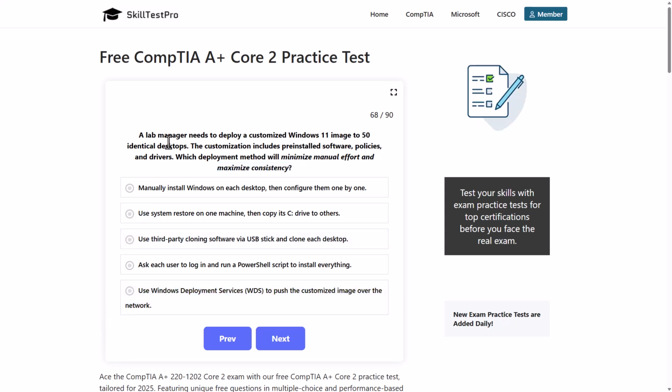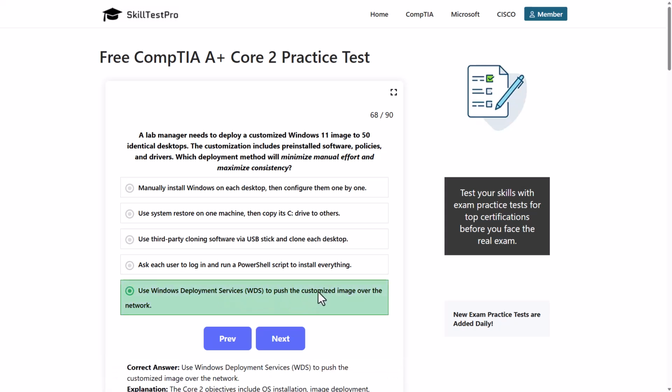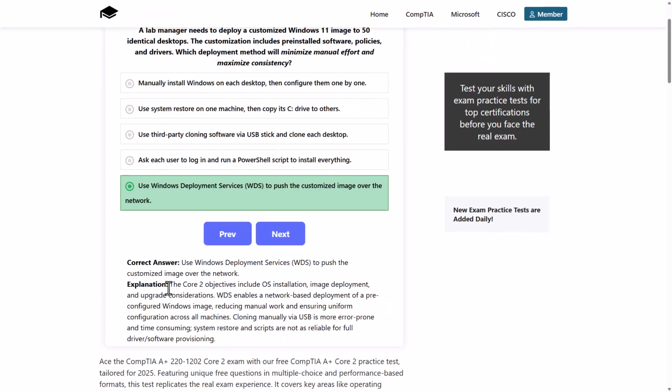So which one would be the best option here? Logically, the best option is to use WDS, Windows Deployment Service, to push the customized image over the network so we can get these updates to all machines. As the Core 2 objectives include operating system installation, image deployment and upgrade considerations, and